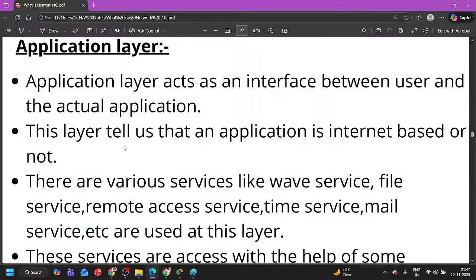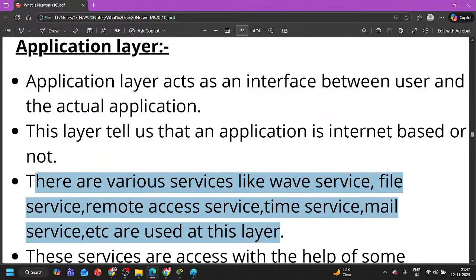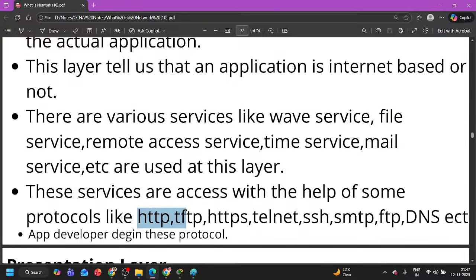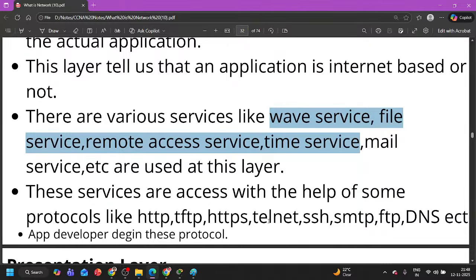These are common services at application layer, and all these services can be accessed with the help of some protocols like HTTP, TFTP, HTTPS, Telnet, SSH, SNMP, FTP, DNS, etc. App developers design these protocols, right? So see, some services and some protocols to access those services. We don't need to understand these services, but we need to understand these